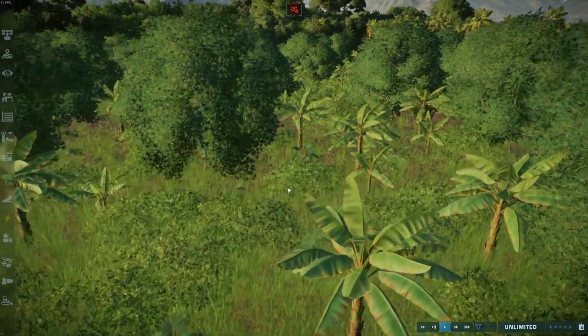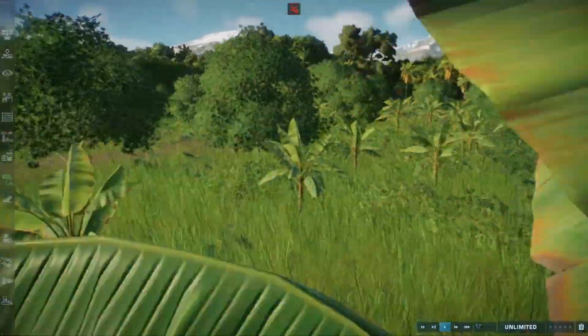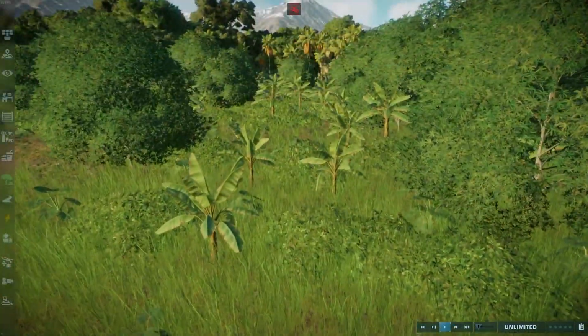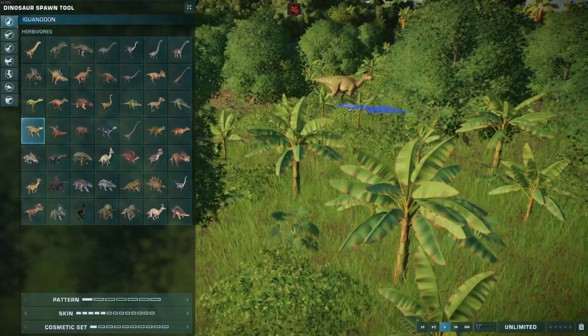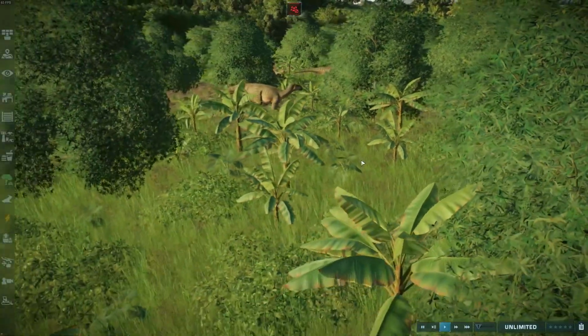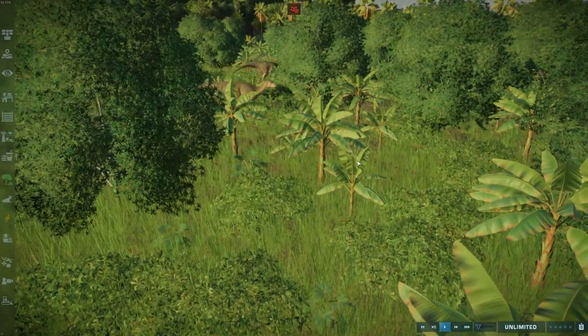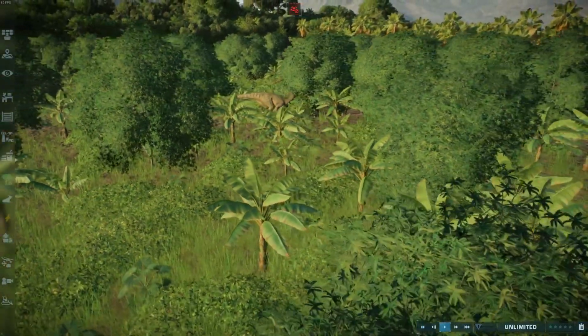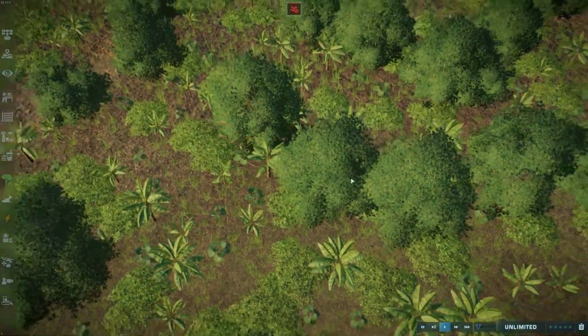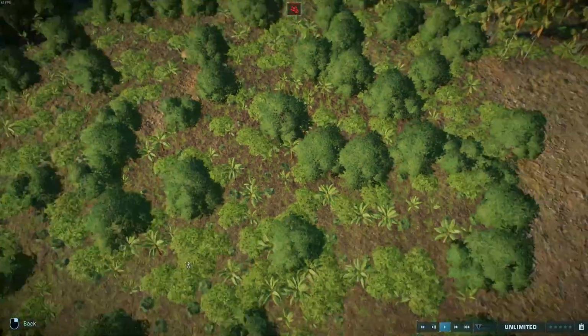Now it's not so busy that you can't see what's going on, but it is busy enough to block your line of sight, at least at a distance, and I think it's a very nice effect. If we add some dinosaurs, you can really see how they feel here. And of course they've walked right into the trees, but you get the idea. If I go into first person mode,